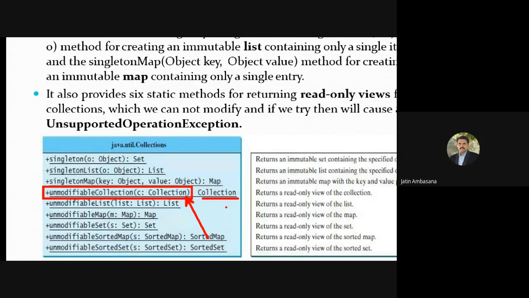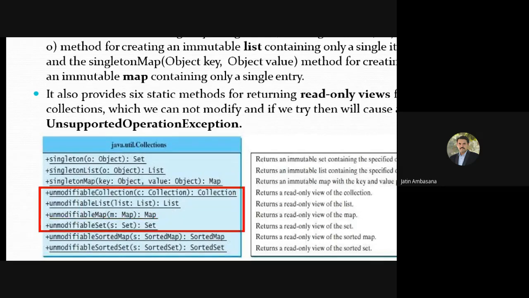Cannot be changed. Similarly, use unmodifiable list. So what are these methods for? Unmodifiable collection, unmodifiable list, unmodifiable map, unmodifiable set, unmodifiable sorted map, and unmodifiable sorted set.